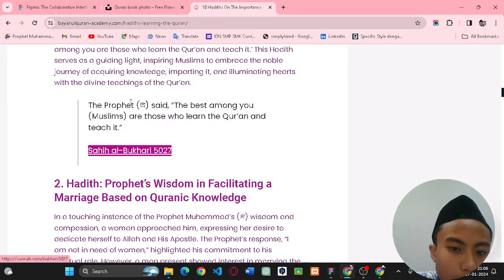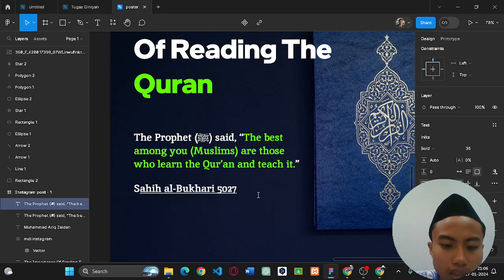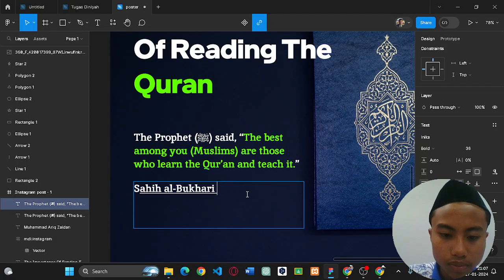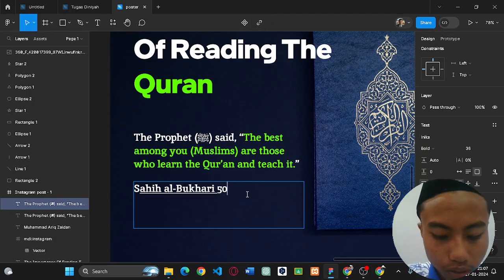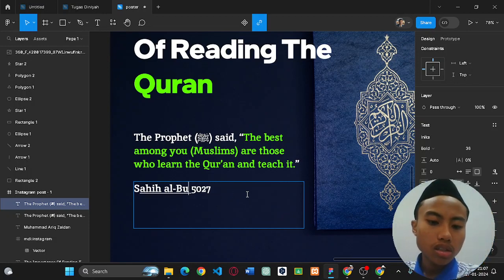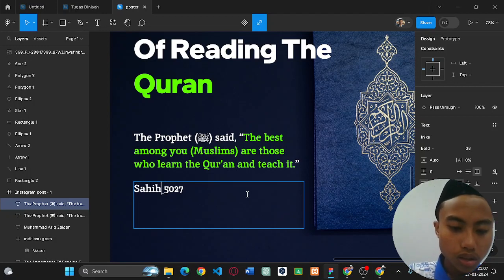So let's copy and then let's see, like this. Oh bro, it is a link, man. 5027, plus 27. Yeah, copy link is not something you want to do.